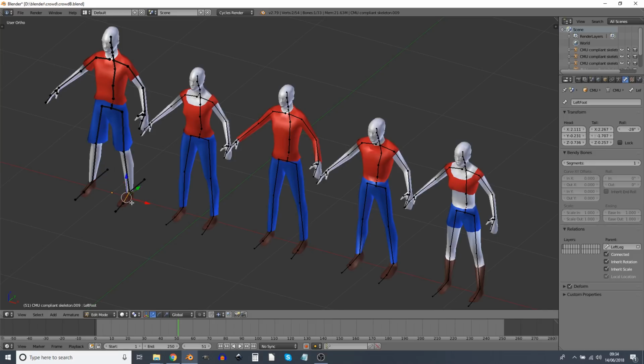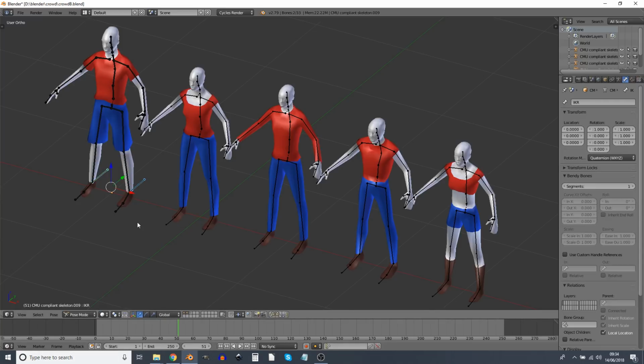We're also going to select this foot bone and shift right click, select this foot bone. We're going to untick inherit rotation. And we actually have to do that on each of them separately. And then these two, select these two again, and we go Alt P, clear parent. So now if we go to pose mode,